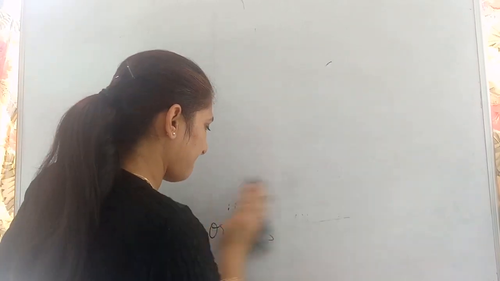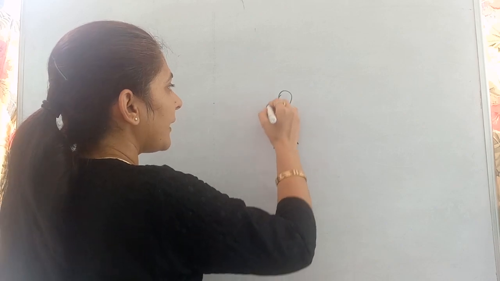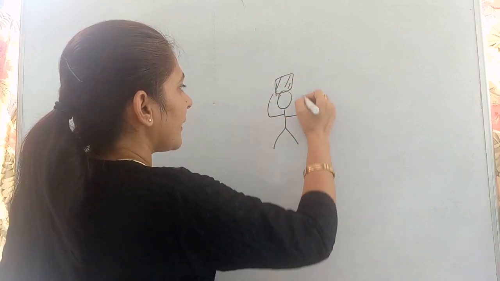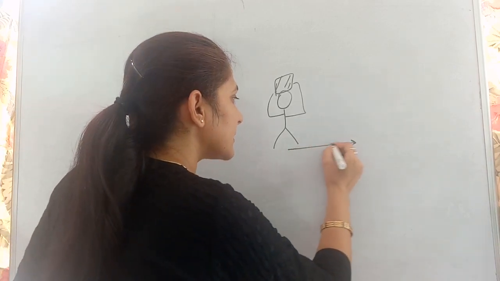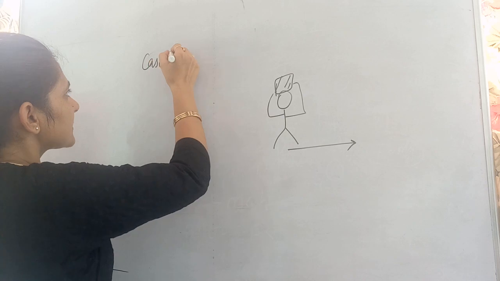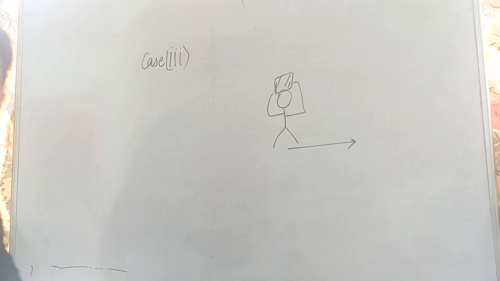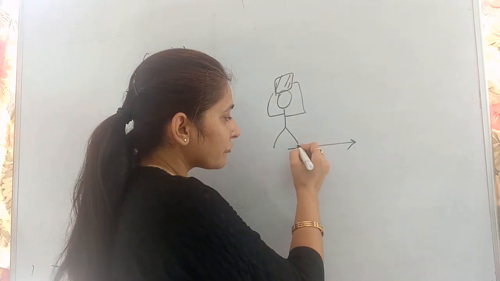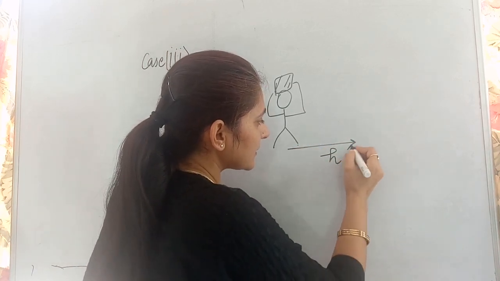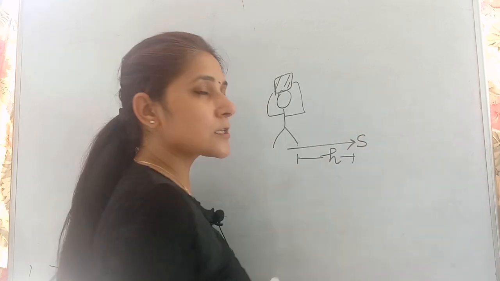Suppose, I have given you one example earlier. I was saying, okay, this is me and I have something on my head and I am moving in this direction. So we can discuss this case number 3 with the same example. If I am moving over here, during my movement in this direction, the displacement is in this direction.